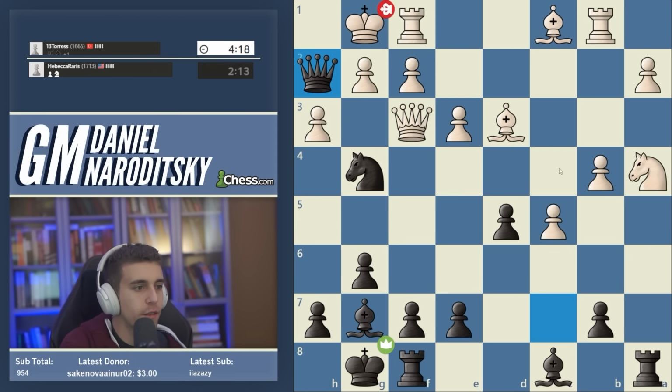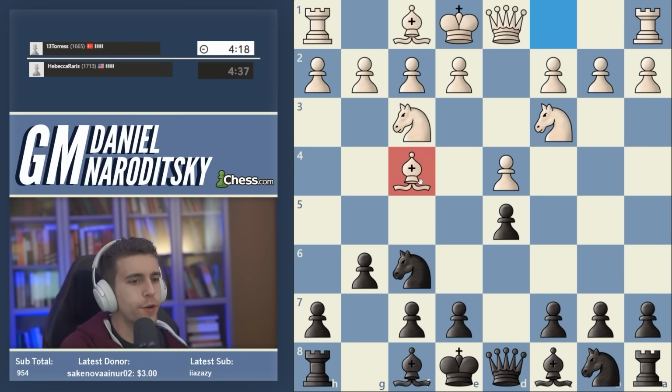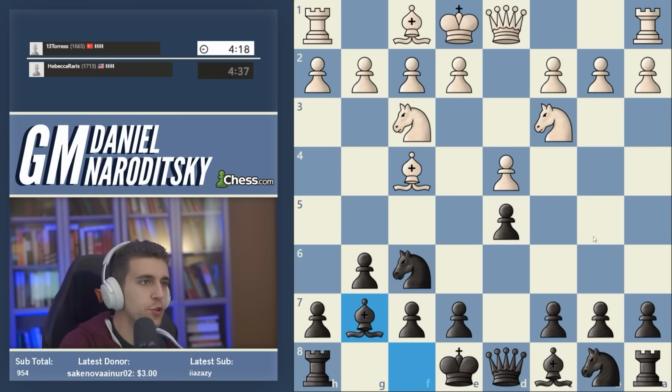And another short one, another miniature. Okay, so in terms of theory, there isn't much to say. e3 is just a bad move. Bishop f4 transposes into the Jobava London. Black plays bishop g7, and maybe some of you have seen me play this with both colors in regular blitz,